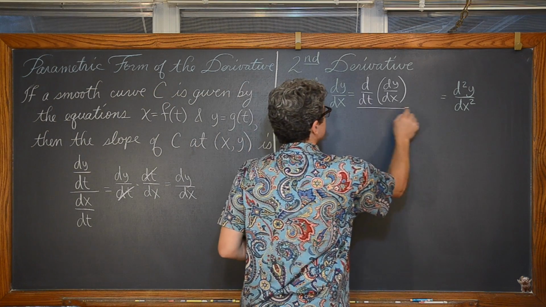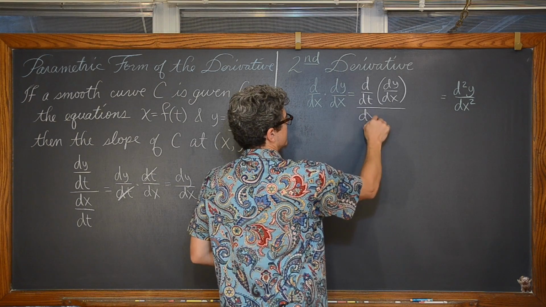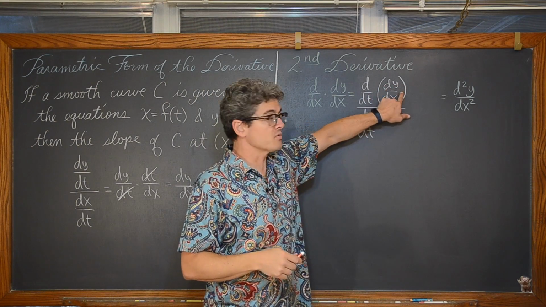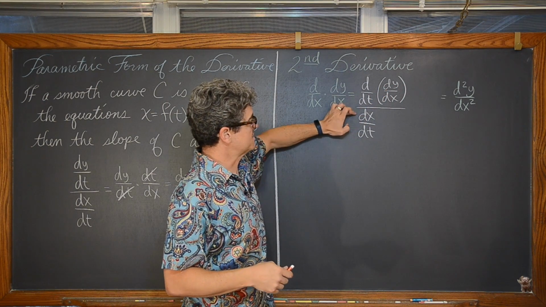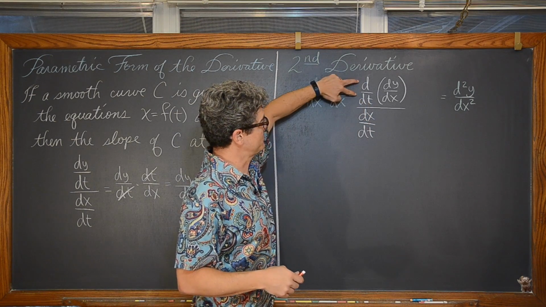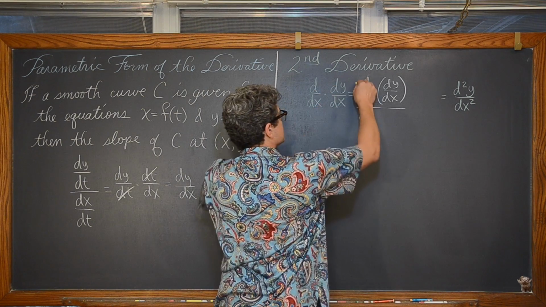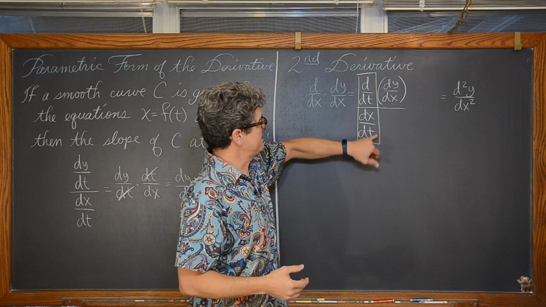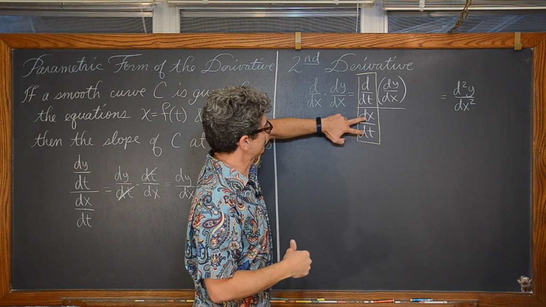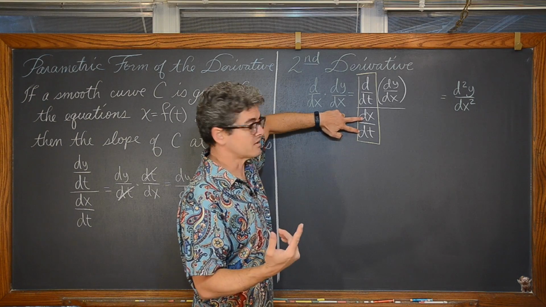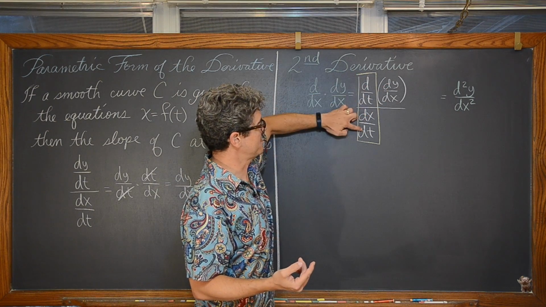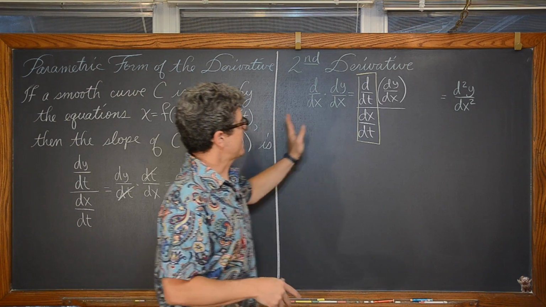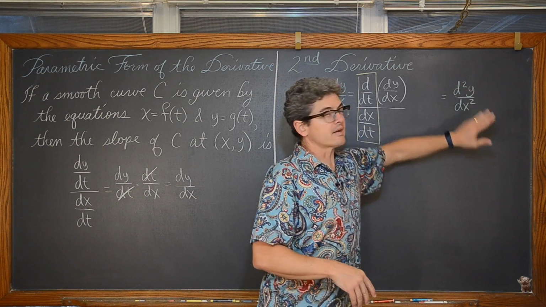So that's going to be over dx/dt. We're going to take the derivative of the first derivative with respect to t, but we're going to show that as over dx/dt, because if you look at just this derivative notation, we need, again, to bring in that variable of t into our notation, so it makes sense as we try to find the second derivative. If I take this dx/dt in the denominator and multiply by the reciprocal, at least in terms of the notation here, those dt's will cancel out and we see that d over dx. That's the work we're going to do to find the second derivative.